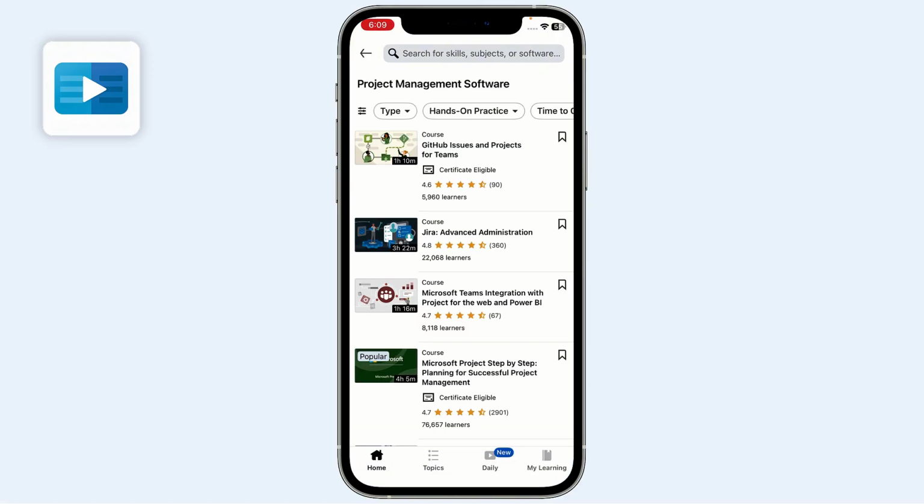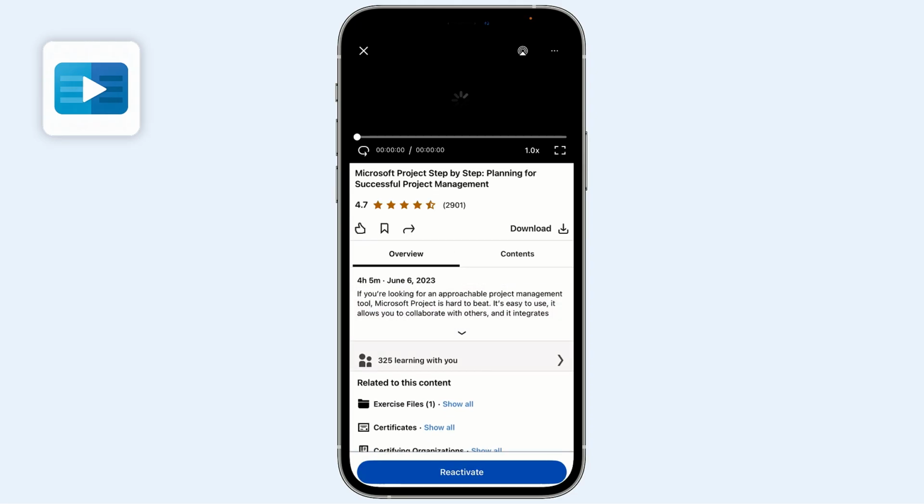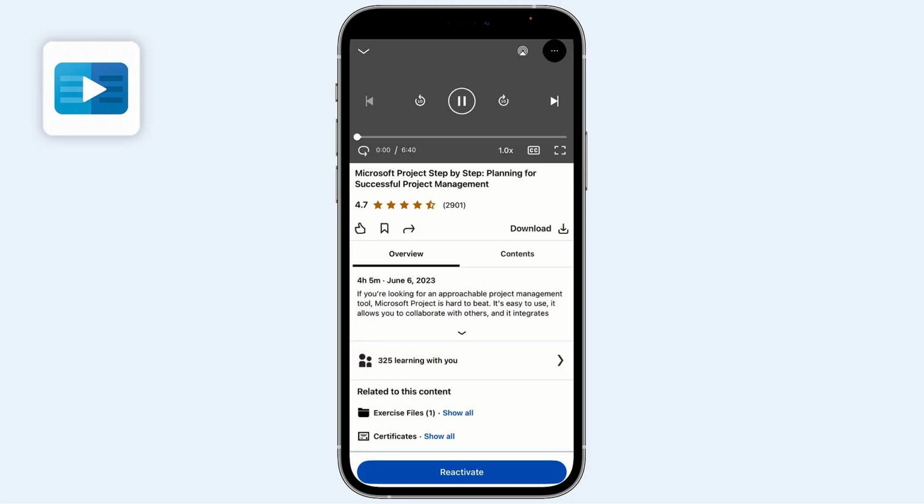As you can see, all the courses listed on the screen focus on project management. Just select one that suits you. I suggest choosing the course with the highest rating and the most learners, as that indicates it's a highly effective course. Once you open the course, you'll see the video start playing, and at the bottom, you'll find details about